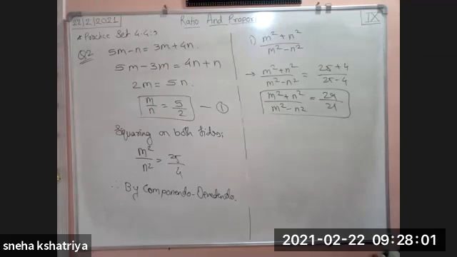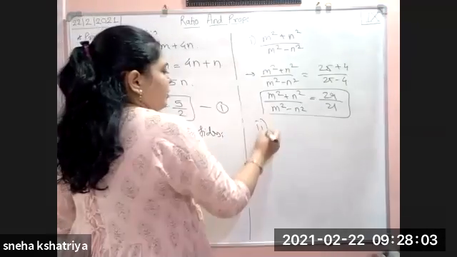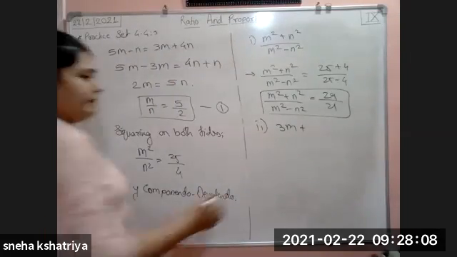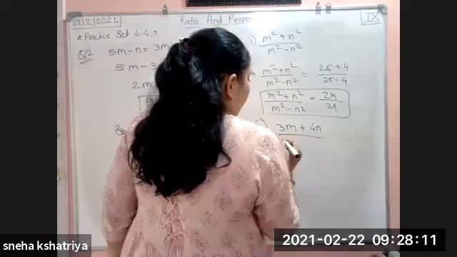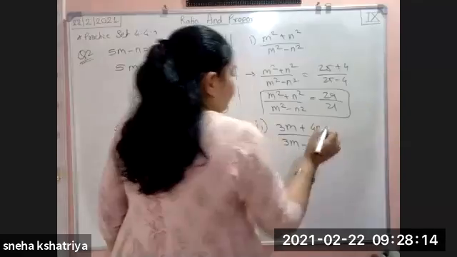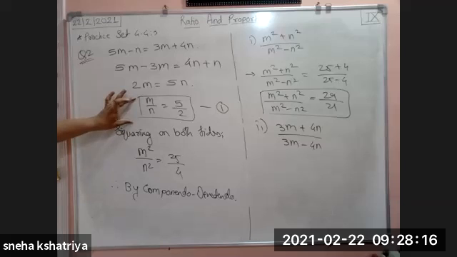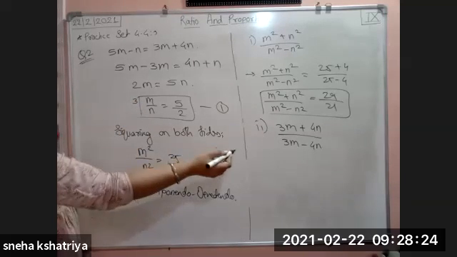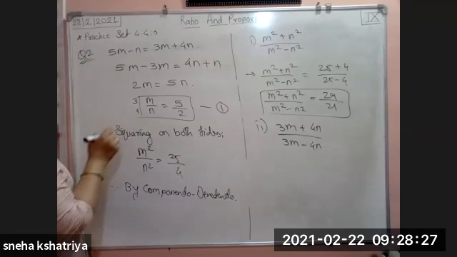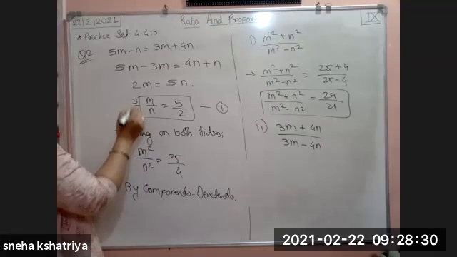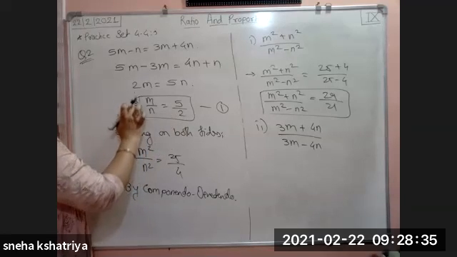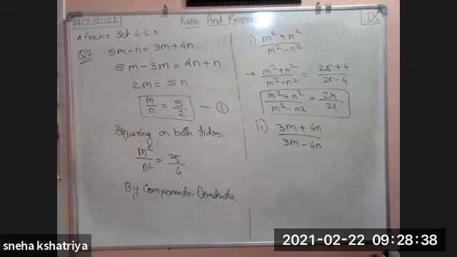Now we will find the second value. The second value given to us is 3m plus 4n upon 3m minus 4n. Whatever m and n is there, keep it as it is. But for m, there is multiplication of 3 at numerator, and for n, it is divided by 4. So we have to multiply by 3 by 4 to both the sides.